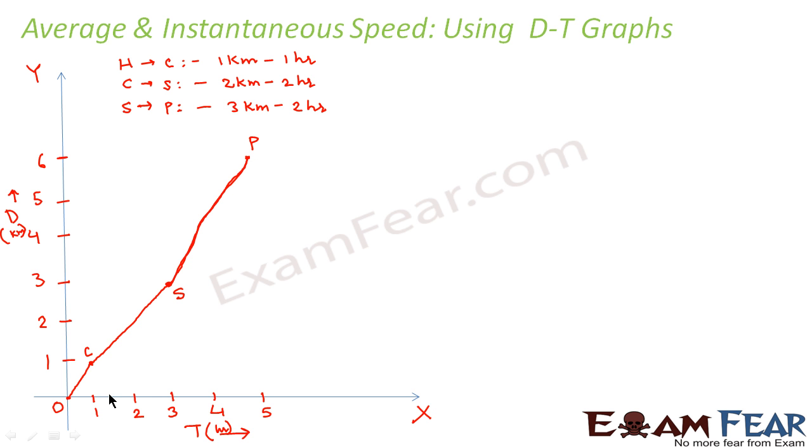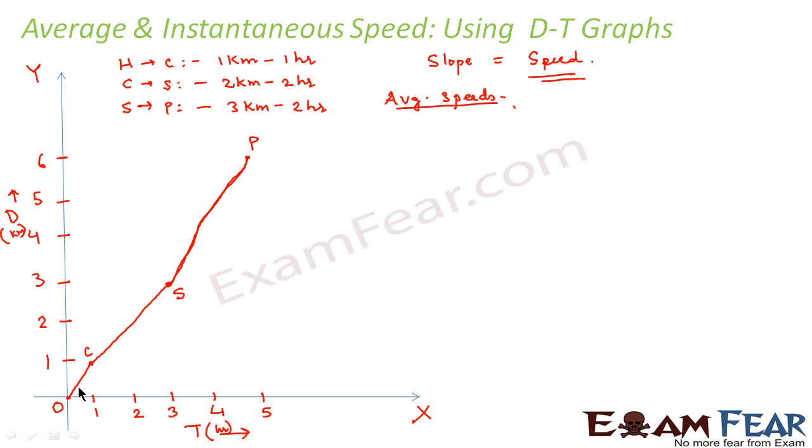Now we have already studied that if we plot a distance time graph, the slope of the distance time graph is equal to speed. In the previous slide, we calculated the value of average speed for each of the journeys. Now here, by looking at the graph and using this relation, we will again calculate the value of the speed, and what we will find is that the values come out to be the same. So let us first start calculating the average speeds for all the 3 journeys.